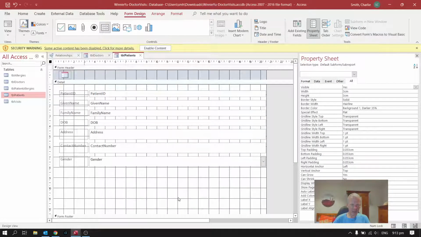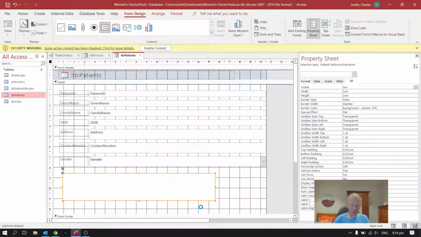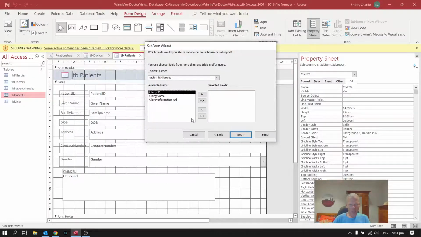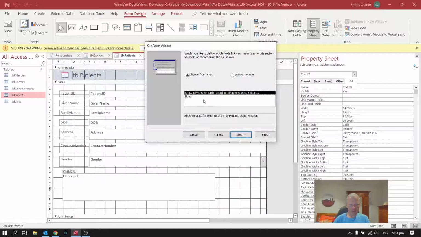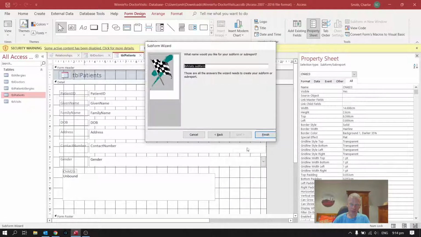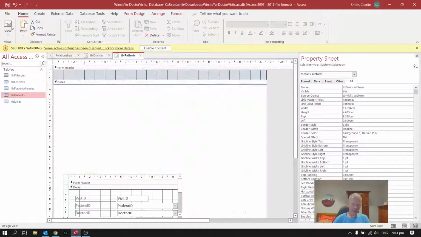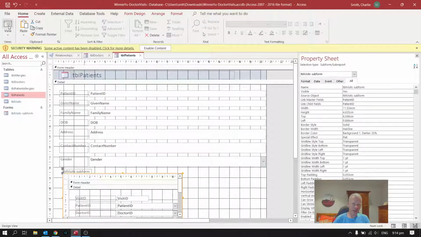So if I click down here, it brings up a nice little wizard, and I'm going to use an existing table. I can choose which table it is that I want. In this case, I'm going to bring up the visits table, put all the fields in, and it will automatically choose the correct relationship here because that's been set up in the relationship diagram, and finish. So now, waiting patiently, if I go to form view,